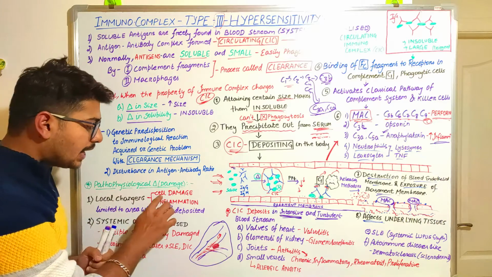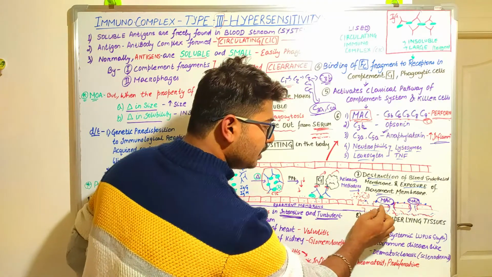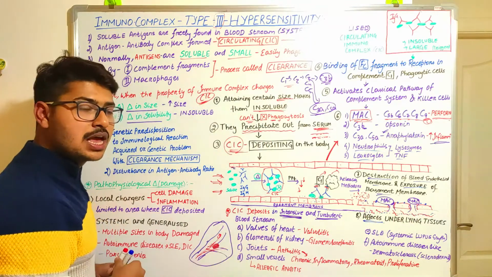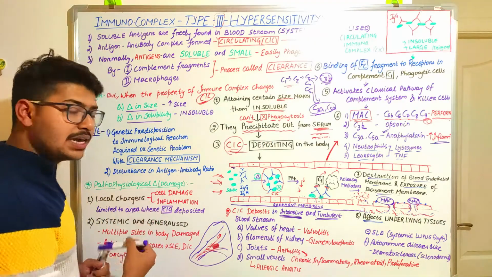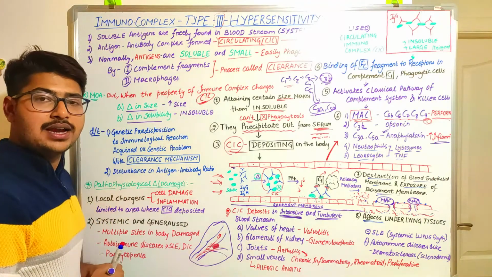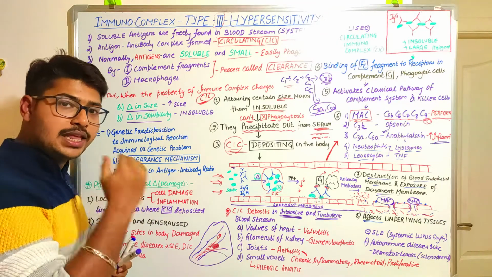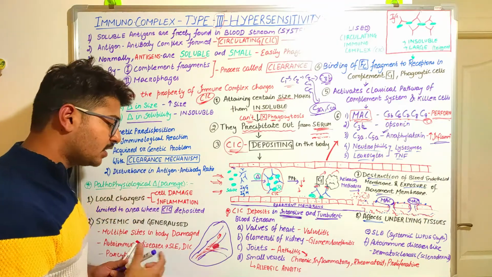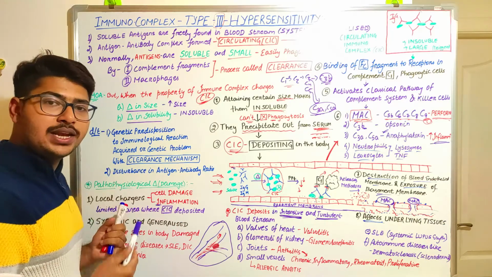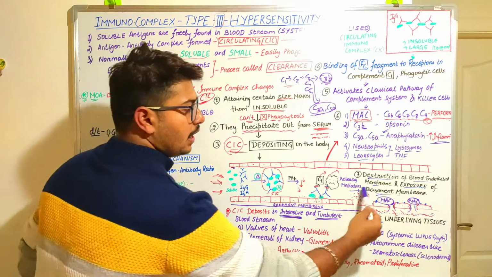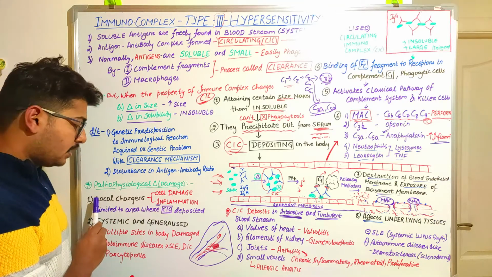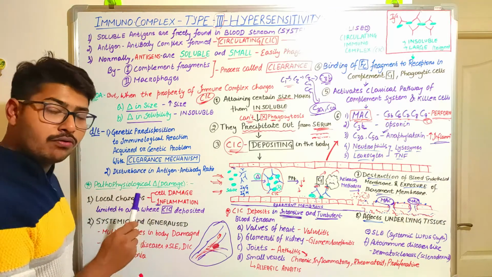With local change, it can damage the cell, like in this case the basal lamina along with the basement membrane or the endothelial cells are damaged, so there will be cell damage. In response to cell damage, the C3a and C5a components of the complement are produced and they increase the process of inflammation. There can be swelling, redness, and itchiness along this region. So these are the damages at the local place, limited to the area where the CIC is going to deposit.